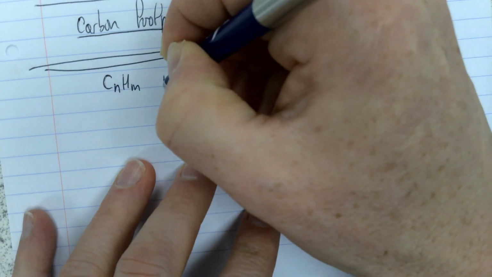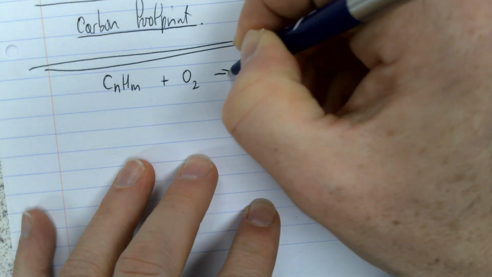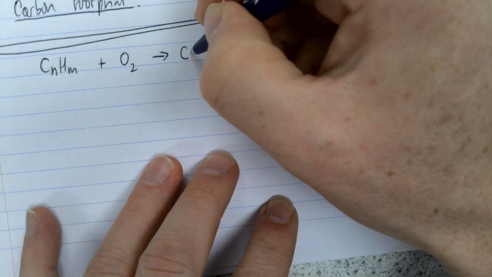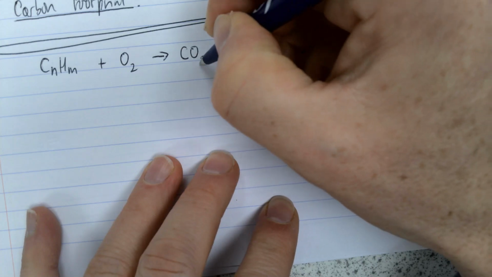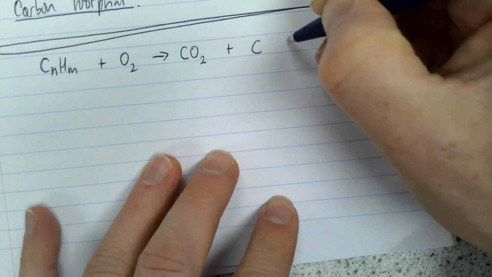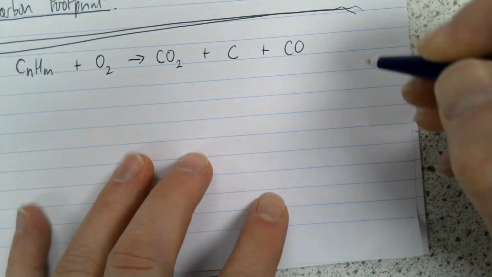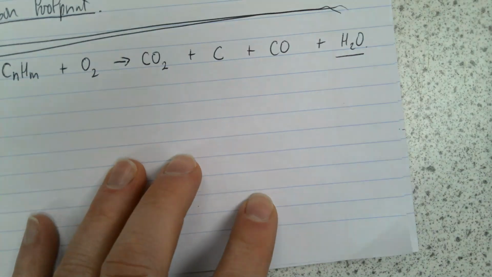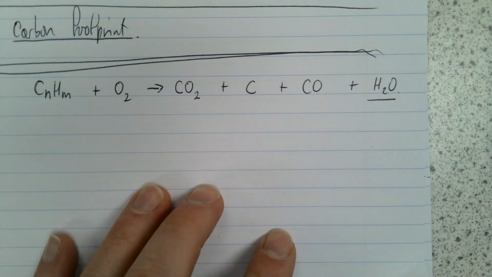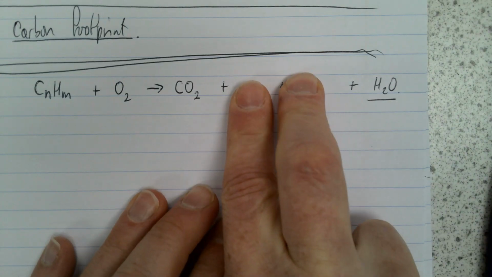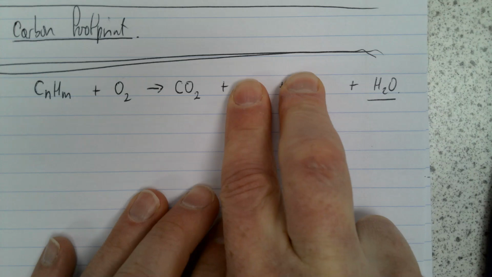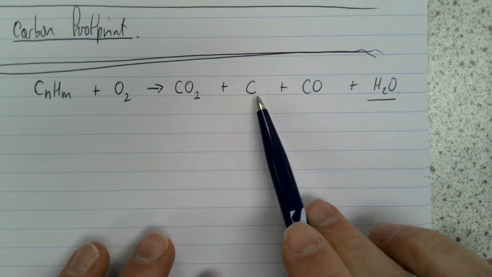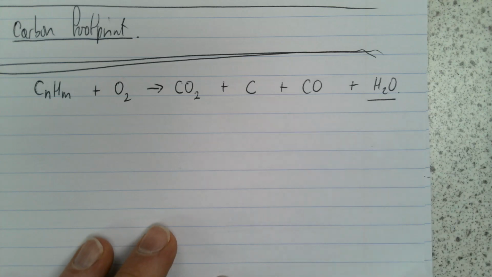So hydrocarbons, when you burn them, you can get complete and incomplete combustion. So this is really part of the crude oil topic, but it links, doesn't it, nicely to this. So you get carbon dioxide, carbon soot, carbon monoxide, as well as, of course, and people often forget this, you get water produced when you burn stuff. So complete combustion, of course, you only get fully oxidized carbon, which is carbon dioxide. But if you've got insufficient oxygen, you get soot and carbon monoxide produced.